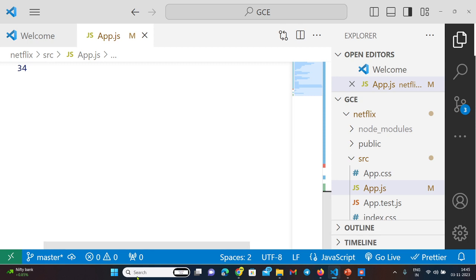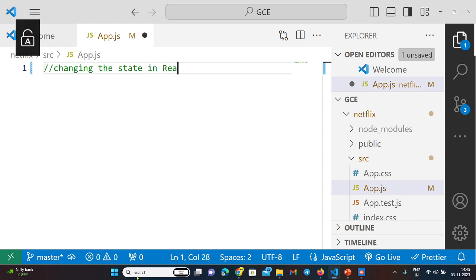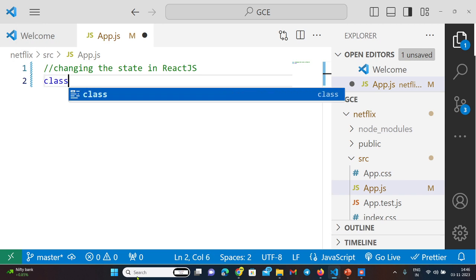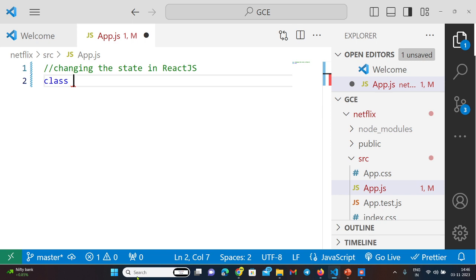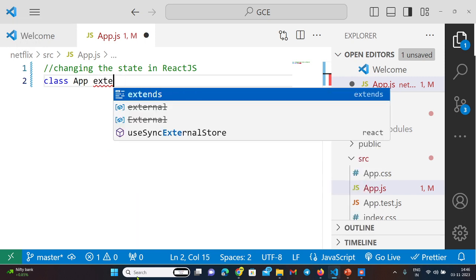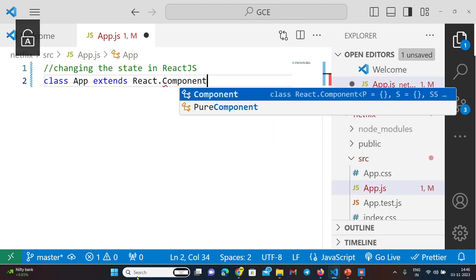So now we'll learn about changing the state in React.js. So that is the next concept. So here the same thing will be followed, but we need to add a bind to this particular method, okay? So class App extends React.Component and then